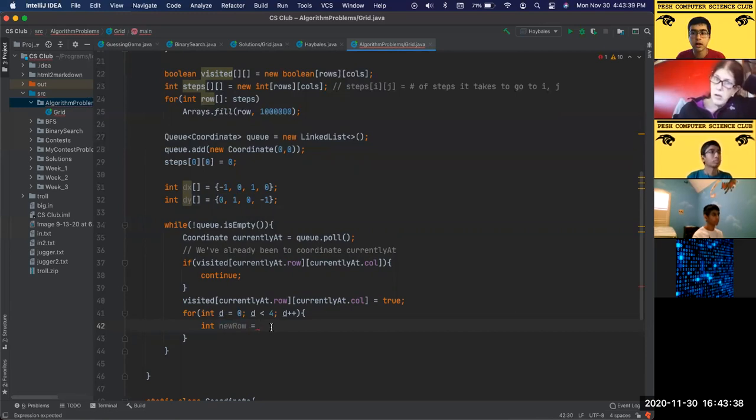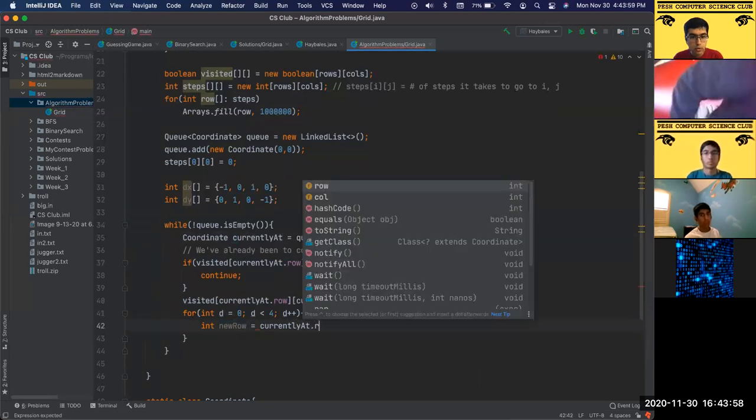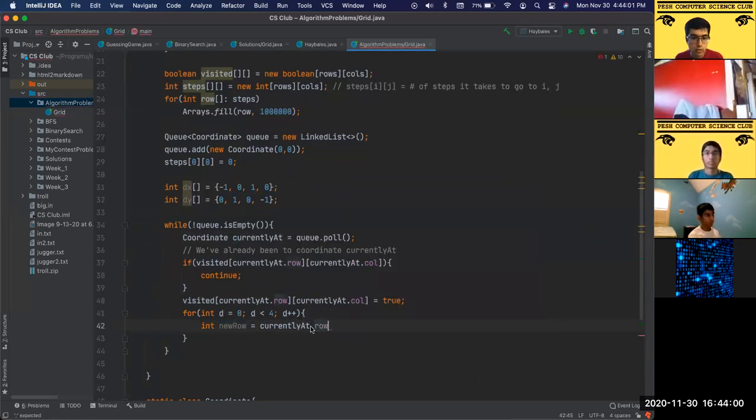who knows what the current, how do I get the current row that I'm at right now? I'll give you a little hint. It has something to do with currently at. How do I get the row number of currently at? Would it be currently at dot row? Yeah. So I'm going to say my new row is going to be equal to currently at dot row, because